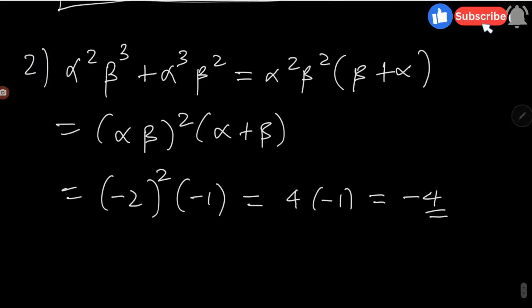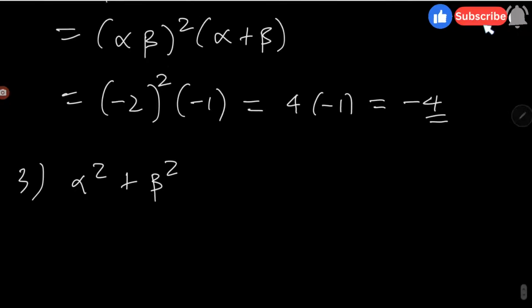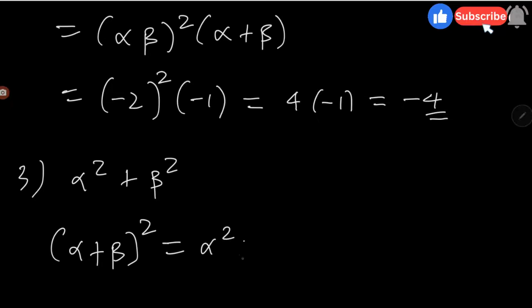Then we can also have, say, alpha squared plus, say, beta squared. So from the first glance, we cannot do anything with this expression, but we can actually try to think outside the box. So we have a squared term on both sides. I can think of the expansion of alpha plus beta squared. So this expansion gives me alpha squared plus 2 alpha beta plus beta squared. Now from these, I can